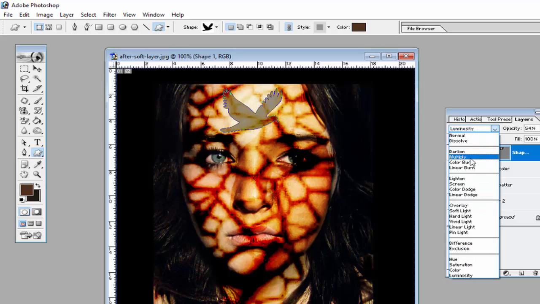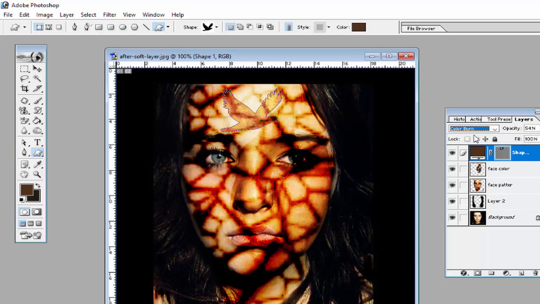So give some attractive color burn. You can give the color burn, or you can increase the opacity from here. Increase the opacity from here like this. So I think you understand how to create this shape, and give the color burn here and increase the opacity to 100, and you will see our image will look like this. So I think you understand.